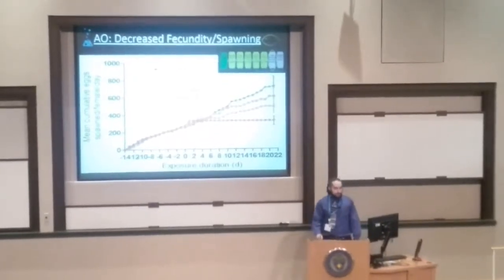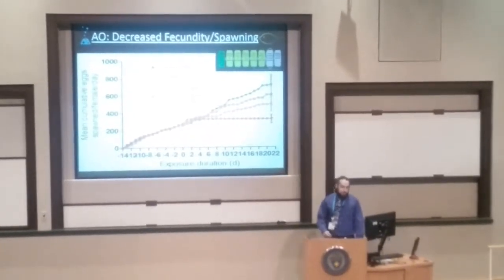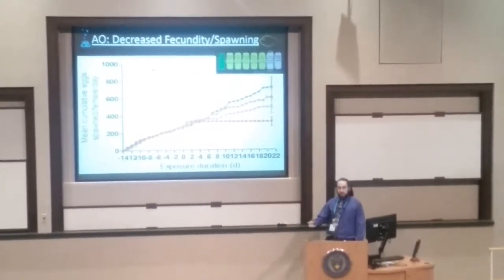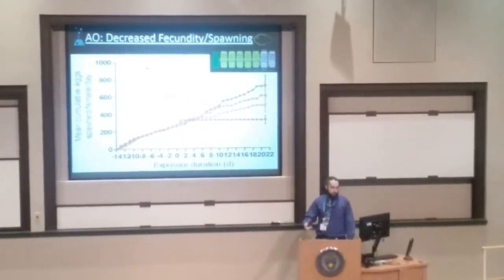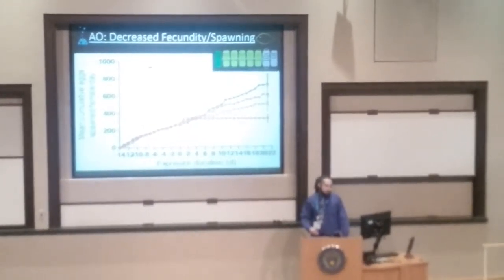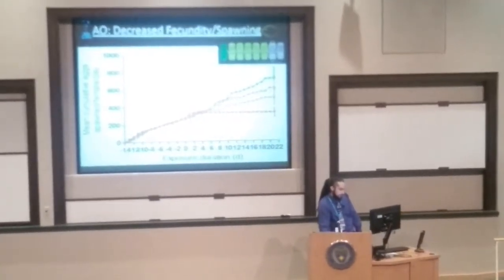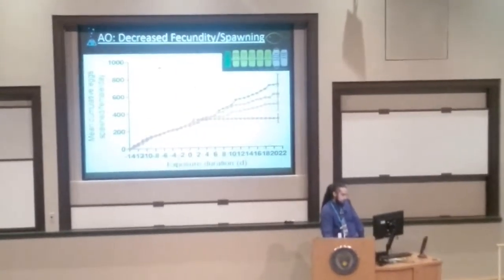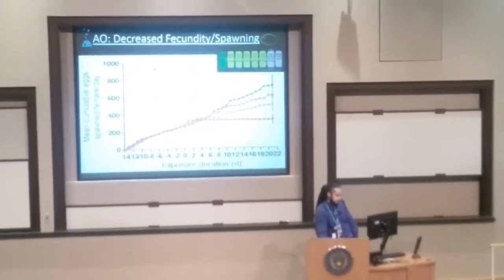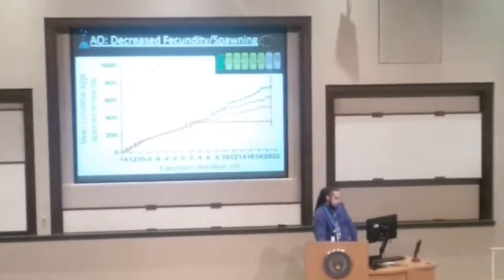Go to our first adverse outcome, the decrease in fecundity and spawning. This was measured again by checking daily for reproductive success. We see for the first 14 days, this was the acclimation point where we were just checking spawning to make sure the fish were spawning comparatively, and